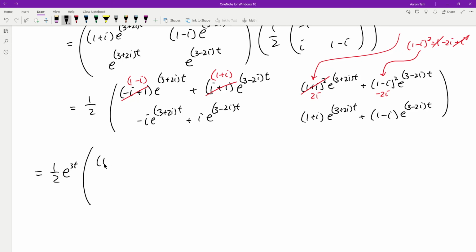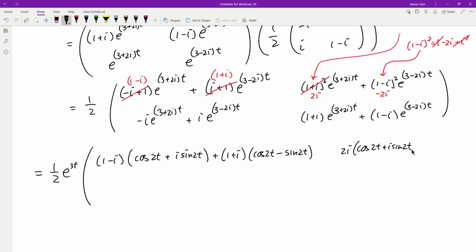And then what I have on this one is 1 minus i multiplied by cosine 2t plus i sine 2t, plus 1 plus i multiplied by cosine 2t minus sine 2t. That's just the first term. This one right here would be 2i times cosine 2t plus i sine 2t minus 2i times